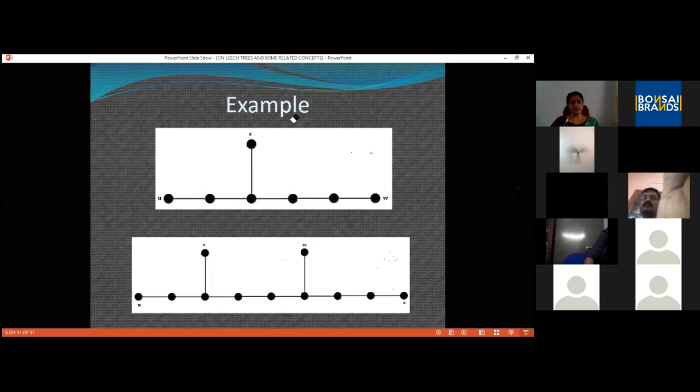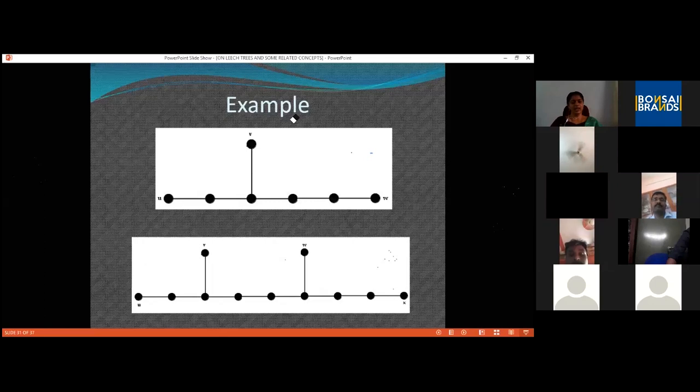Now, distance between U and W is 6. Between V and X, it is 7. And between U and X, it is 8. So we get 3, 4, 5, 6, 7, and 8. Here, the number of pendant vertices or leaves is 4. 4C2 is 6, and NC2 plus 2 is 6 plus 2, 8. So what we require was the distances to be from 3 to 8, and that is satisfied. So this is a leaf Leech tree. I hope the definition is clear.